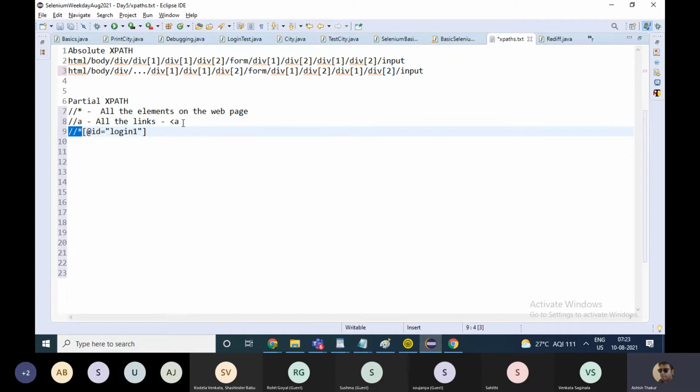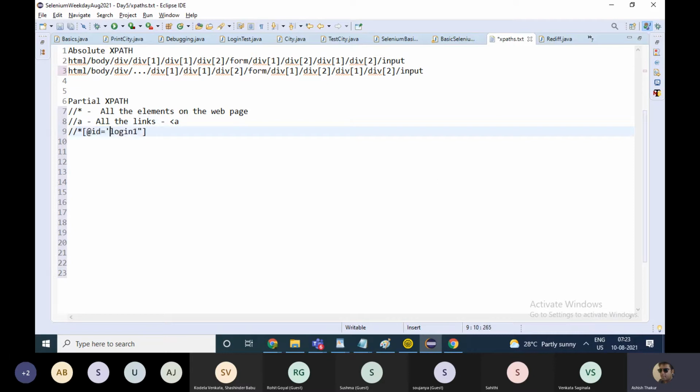That means all the elements on the web page. And out of all the elements on the web page, give me the element whose ID is equal to login1. So this becomes your partial XPath.